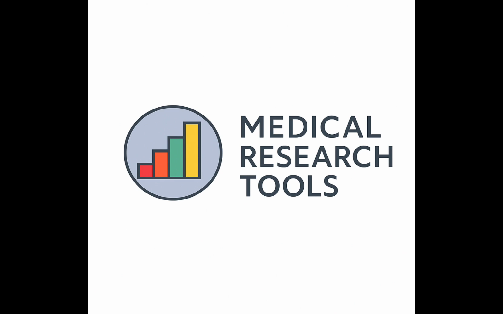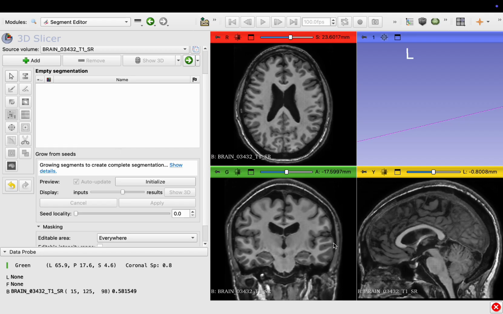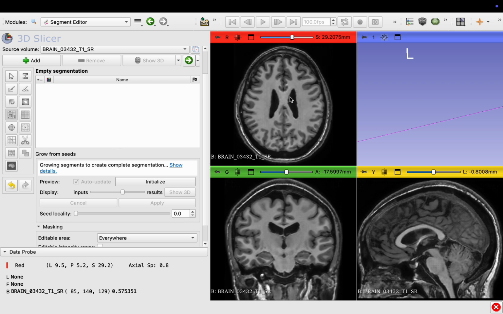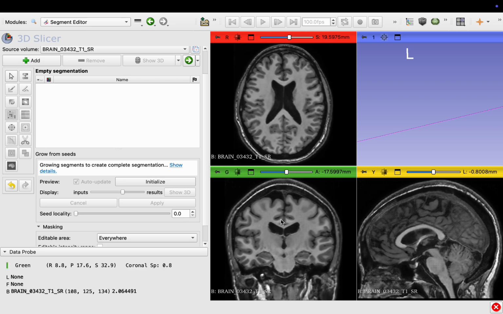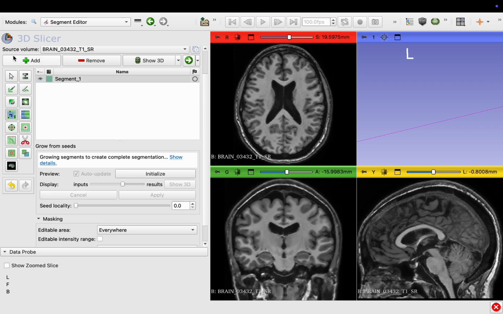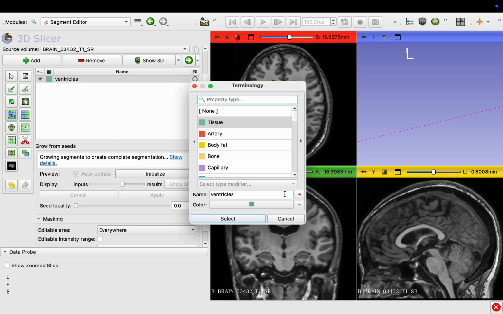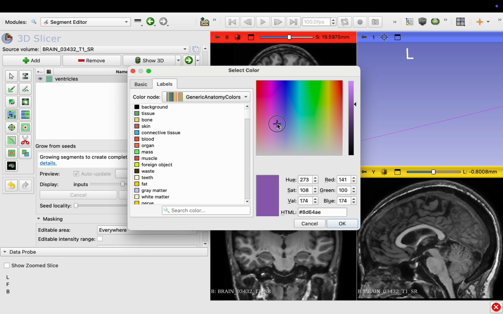For example, in a brain MRI data that I have, as you can see, the structure of ventricles have a completely different contrast in comparison to the white matter around it. So the threshold is going to be helpful for segmenting the ventricles. First of all, I add a new segment and rename it as ventricles. You can choose a visible color,